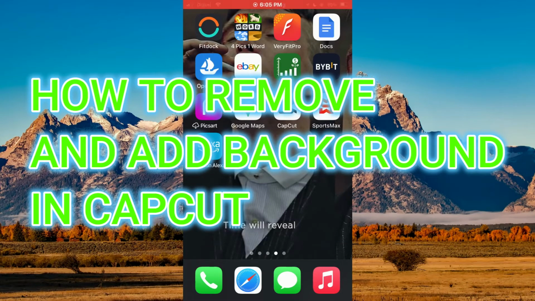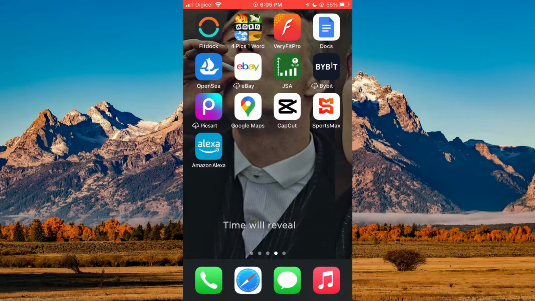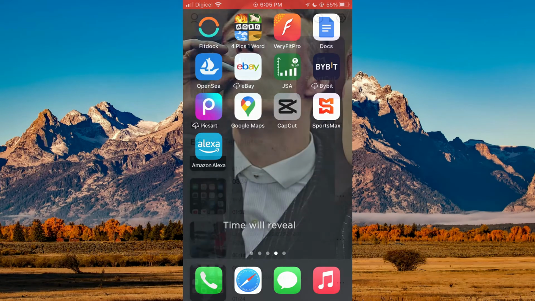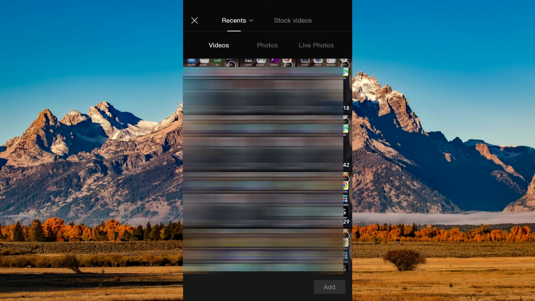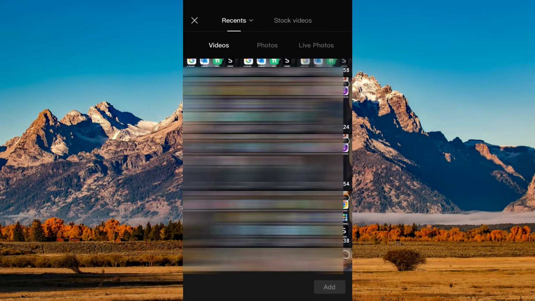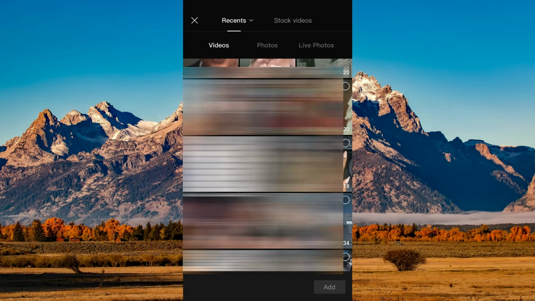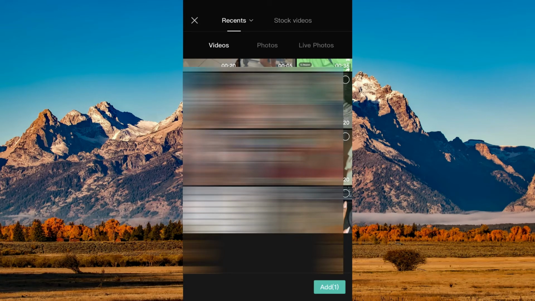In this video, I'll be showing you how to remove and add background in Capcut. First, open Capcut, then tap on New Project, and from here you can select the video that you would like to edit. For example, let me select a video real quick, then tap on Add in the bottom right hand